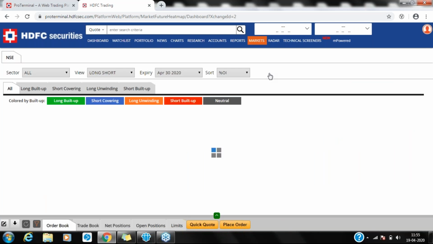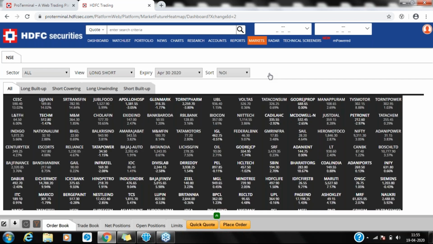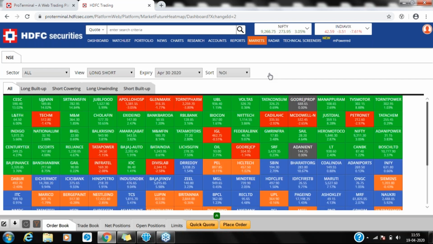Normally, for intraday trading or even for positional trading, we try to filter the stock. And for that, it's always beneficial if we can get an insight into which stock a long build up or a short build up is happening in, which stock is going up with the open interest and which is going down with the open interest. All these things are very important for us, and this is where the heat map of FNO comes in.